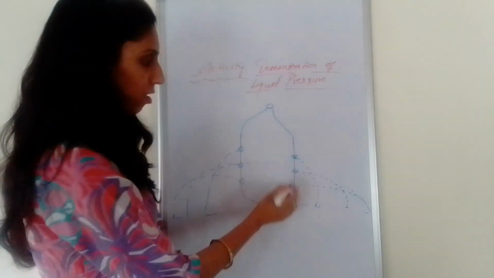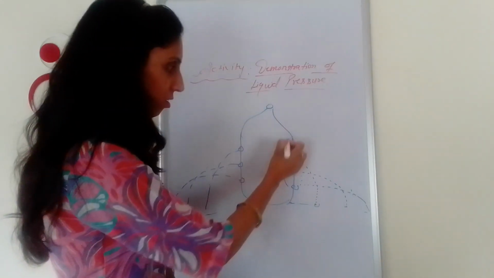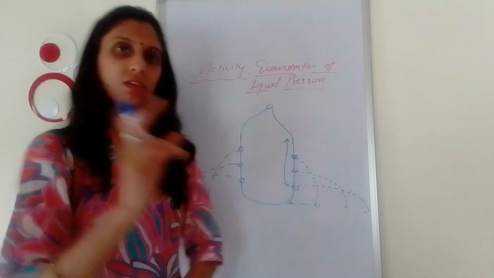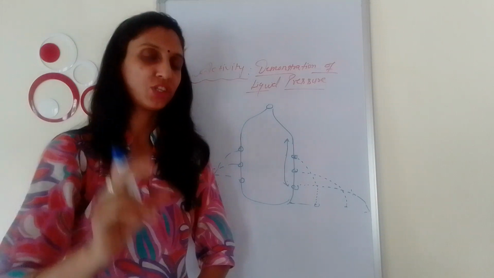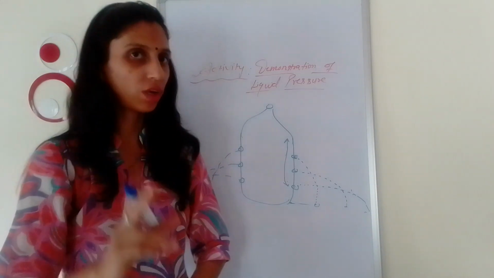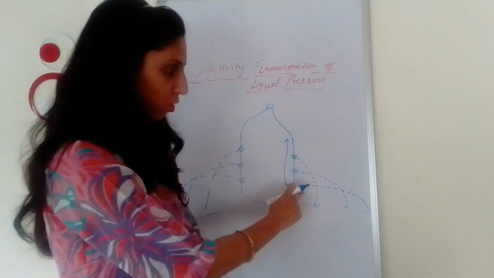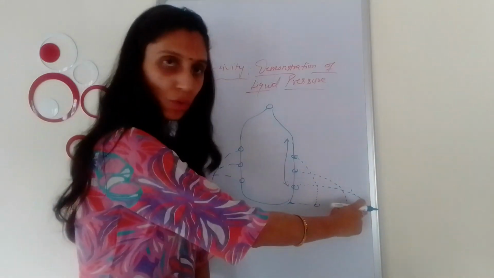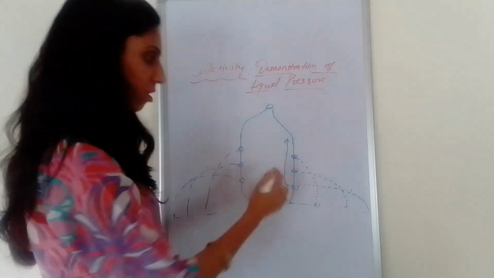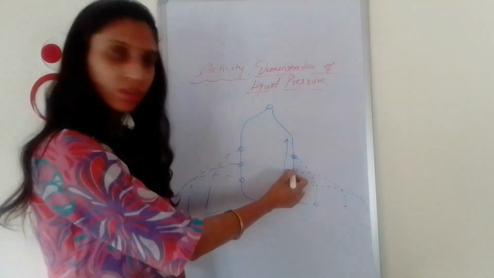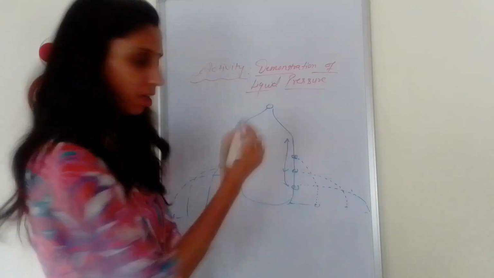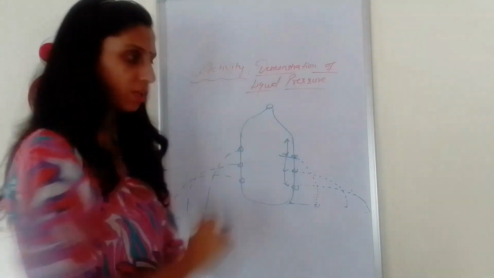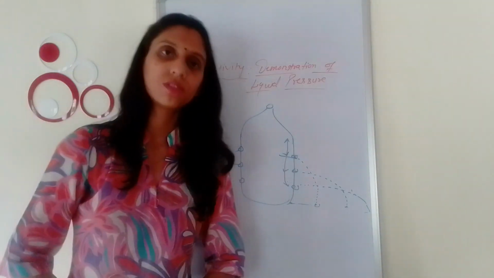So what does it mean? Here the height of the water column is maximum. So what I told you, that liquid pressure increases with the height of water column. That's why this water, with the high pressure, will go up to that place, right? Similarly, here you can see this height is decreasing, and here you can see the height is least among the three. In this way you can do this activity.